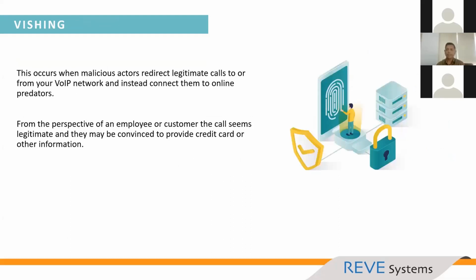Now the vishing. Vishing is changing the ANI of a call. What happens is, when the origination is sending the call, the originating party or the hacker can use a false ANI or a fraud ANI for making the call to the destination. For example, suppose anyone is sending a call using a bank ANI number to a person. The person receiving the call will understand that the call is being made from his bank account. So he might share all the necessary information, all the security credentials, with the hackers. This way, his access credentials get exposed. So this is the phishing attack.